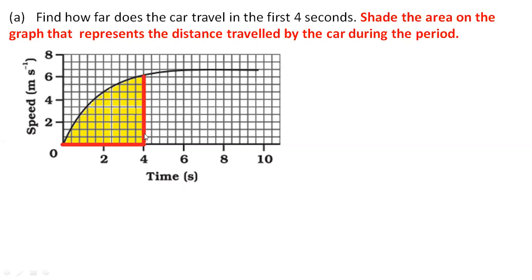The length of this particular line, if it is considered as a circle, is 6, and on this particular x-axis it is 4. So this is not even a circle. So what we need to do is calculate how many boxes there are under this particular curve, and then multiply with the x and y coordinates. We just need to know the length of each box, and we need to multiply with the number of boxes.